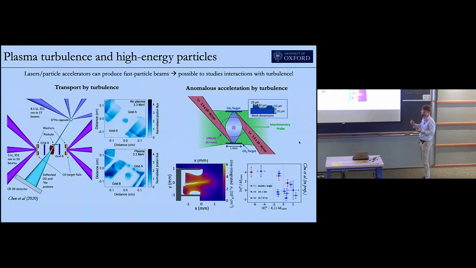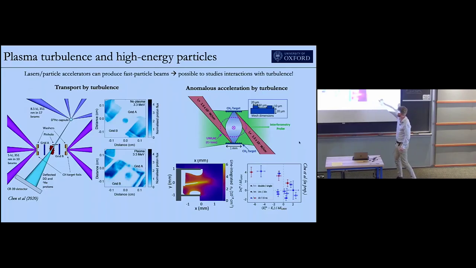So in this experiment, we created a turbulent plasma by irradiating two foils that had indentations on them, and on the collision of those two foils, the fact that the indentations are misaligned meant that you end up with a turbulent flow in the center. We then fired the UNILAC beam straight through that, and looked at how the energy changed as a function of the plasma conditions. So this is, for example, some experimental data, though this is interferometry data, so not high enough resolution to see the turbulence, but you can see the formation of a sheet of plasma